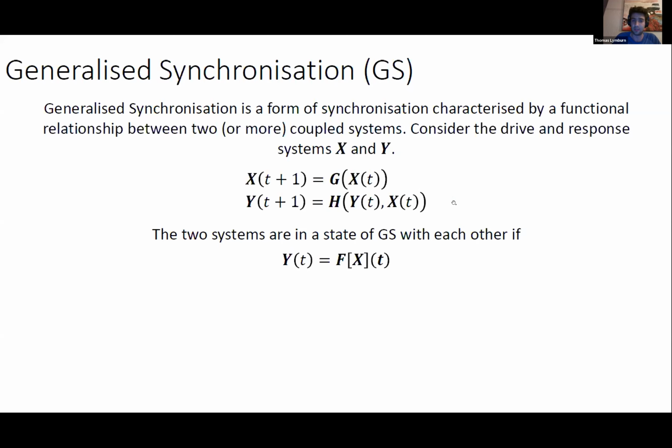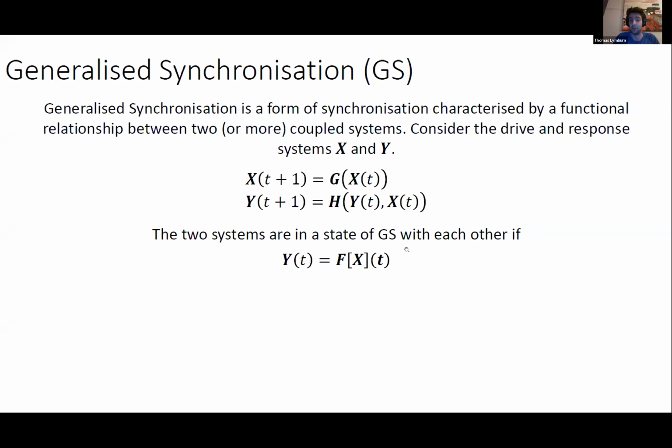And we would say that these two systems are in a state of GS if the response system Y is a function of, or has a functional relationship with, the drive system X. But the thing about GS is that this function can take many different forms. It can be very, very complicated. So methods such as correlation or mutual information may not be the best way